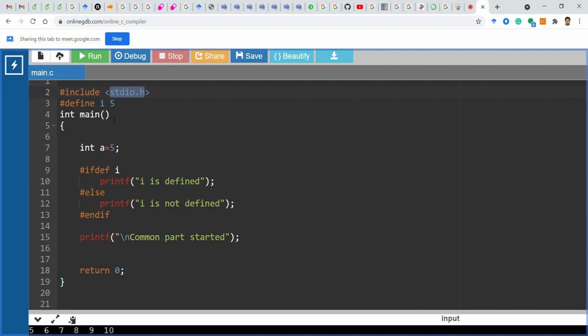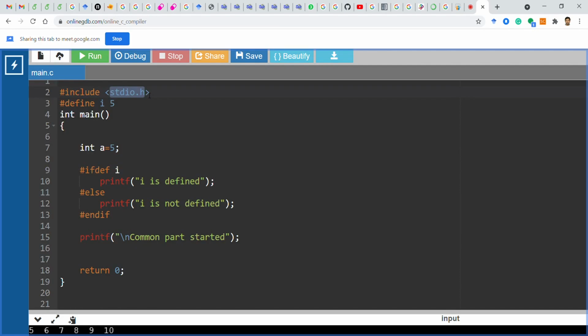So this line will be replaced by the whole content of stdio.h. Now how can we get a proof of this? How can I prove this? I will prove this after some time.